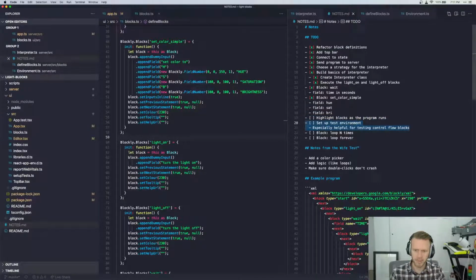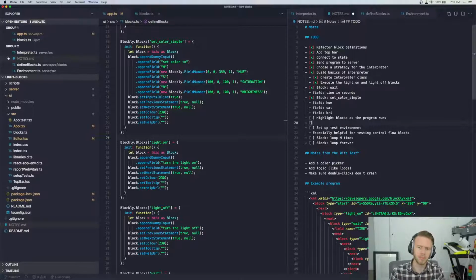set up the test environment. Yeah, I really want to do that for when we have control flow. We want to make sure to not break this thing as it gets more and more complicated. And then we can start building out new blocks that are like loop n number of times, or loop forever, or if something is true, then execute this. Start getting into that. But I think before we get into that, we should probably iterate a little bit more